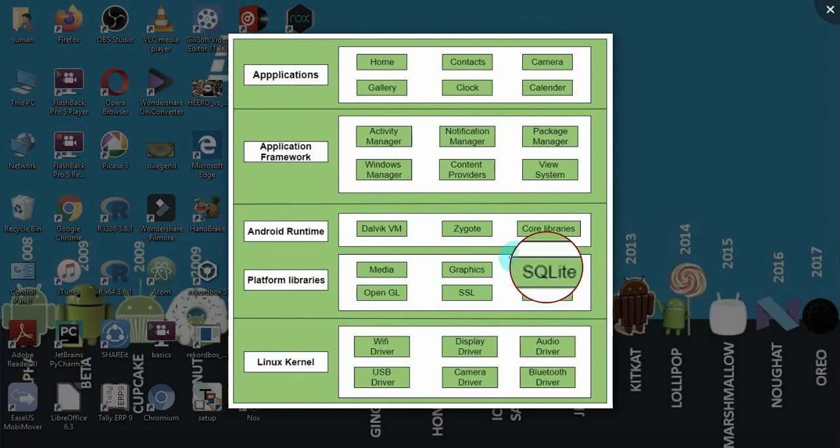You might have heard of MySQL, SQL, that is Scott and Tiger, something I remember. I used to do a database on that. So we have got MySQL for PHP. We use MySQL as a backend for storing all your database information. Same way in Android, we have got something called SQLite, which provides the database support.